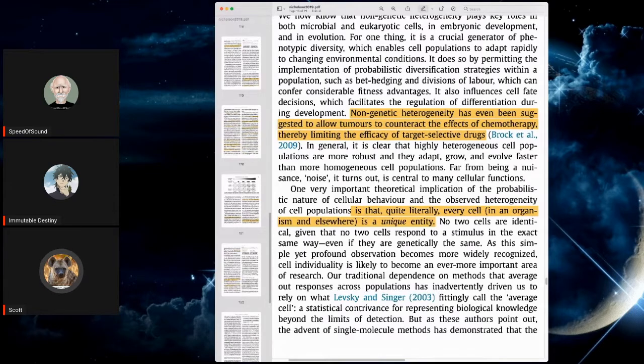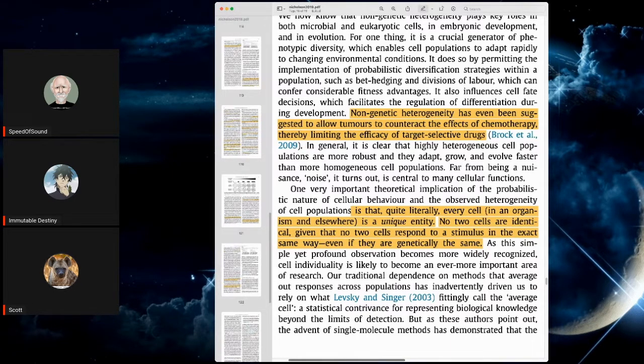As this simple yet profound observation becomes more widely recognized, cell individuality is likely to become an ever more important area of research. Our traditional dependence on methods that average out responses across populations has inadvertently driven us to rely on what Levsky and Singer fittingly call the average cell, a statistical contrivance for representing biological knowledge beyond the limits